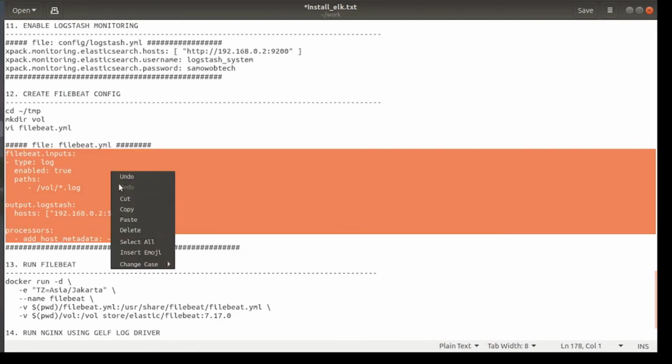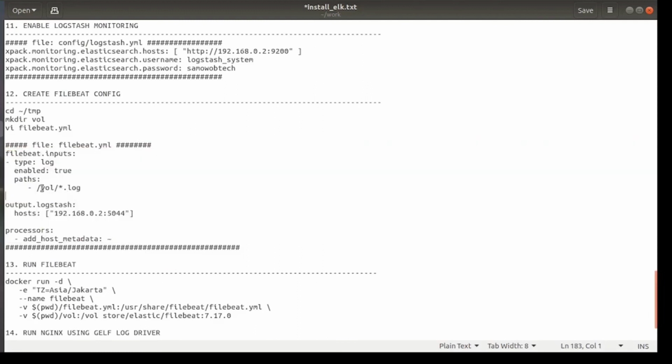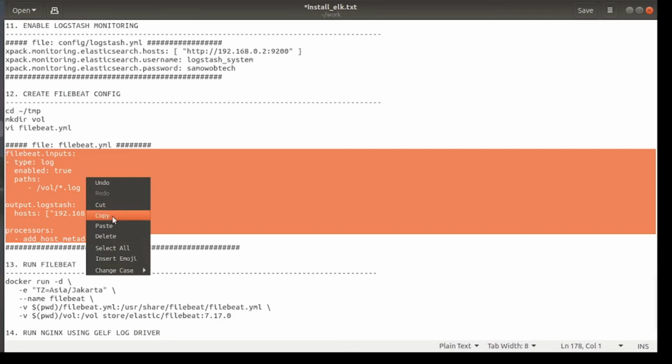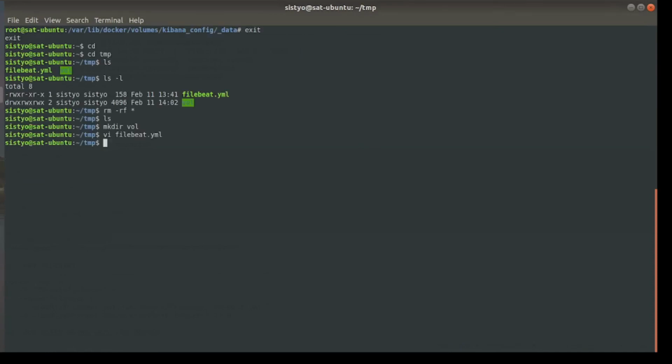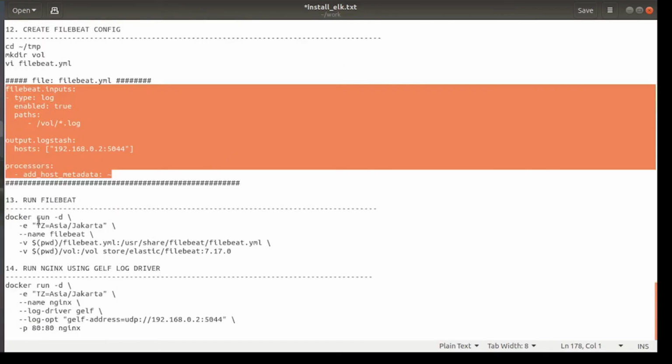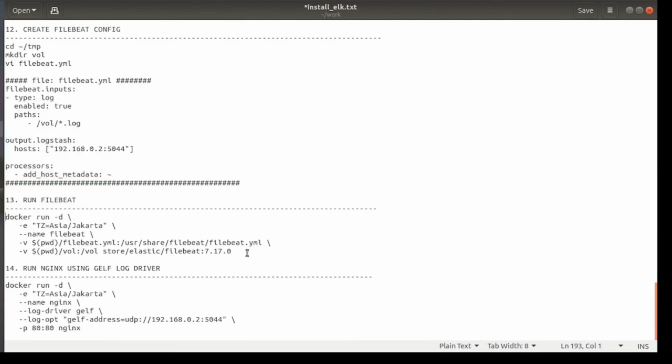This Filebeat will send all the logs in this path /foo/*.log inside the container, the Filebeat container. So we have to mount the foo directory into the container. This is a very simple configuration. Okay, now run Filebeat